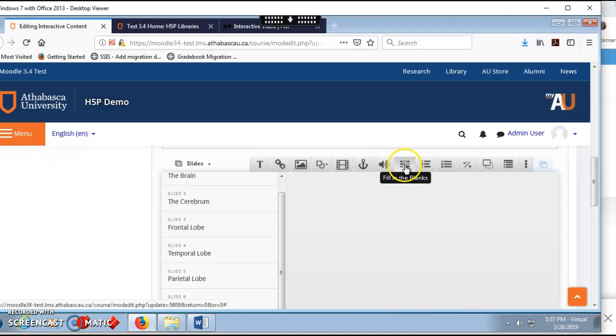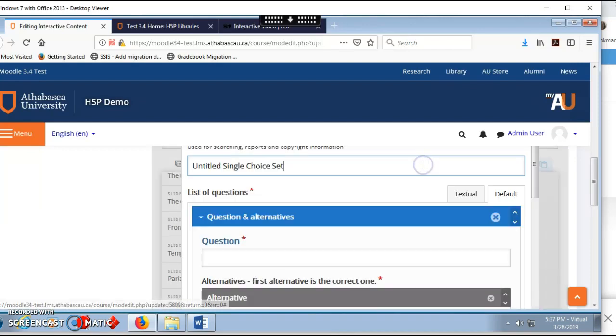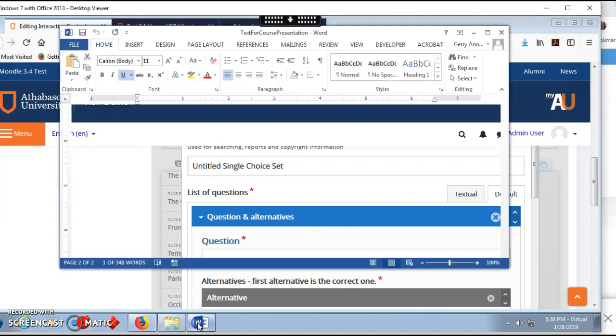I've got options for fill in the blanks, single choice, multiple choice, true, false, drag and drop, and a summary slide. Summary is pretty much the same as single choice, but it's used right at the end of a presentation, and it just basically summarizes the learning. So it's a nice one to use in context where you just want to have a summary at the end of everything. We'll go ahead with single choice set, and I'll get my